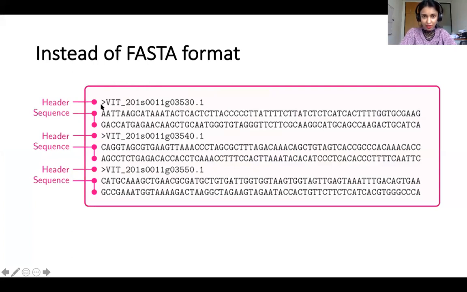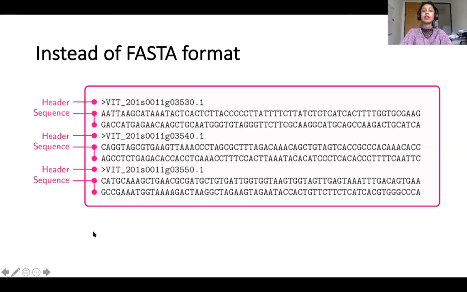Your first line starts with a greater-than sign, followed by a unique identifier or the name. The second line is your sequence itself. So if you have gone to NCBI and you're searching for a gene sequence or a genome sequence, you will normally see this FASTA format data with a greater-than sign, and you have the name followed by